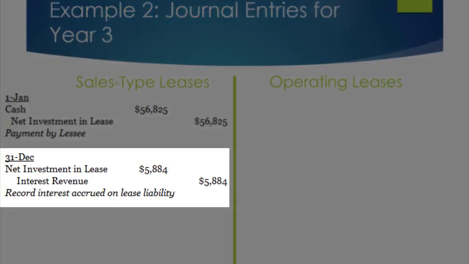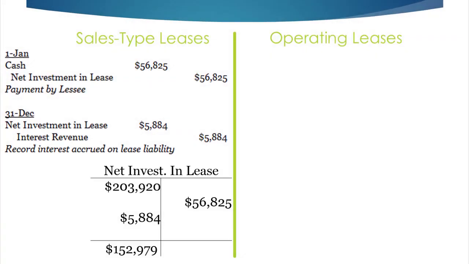Then, to finish off the sales type lease, we would also have looked at our T account. So we would have started with $203,920, paid off $56,825, accrued extra interest of $58,884. So we end year 3 with a balance on our balance sheet of $152,979. For our operating leases, as we mentioned before, the entries look exactly the same as they did for years